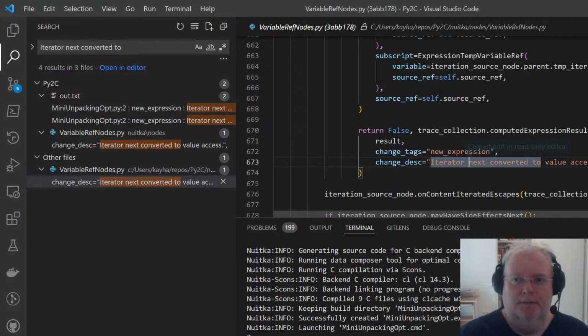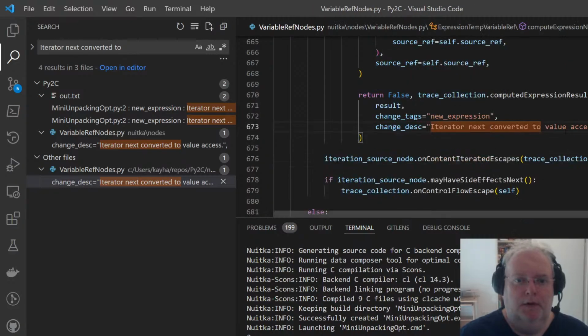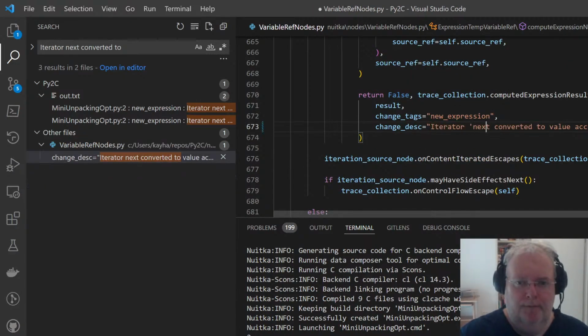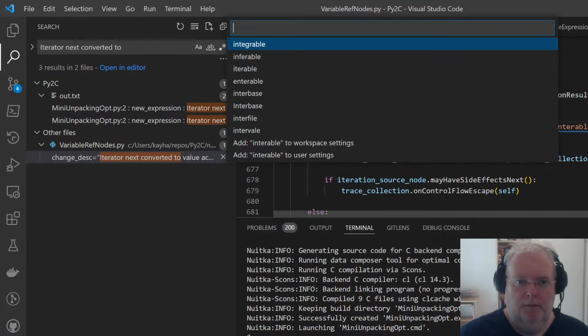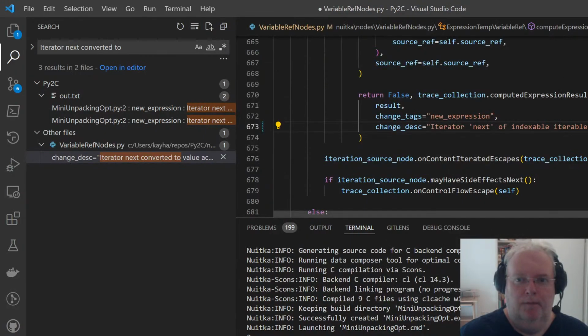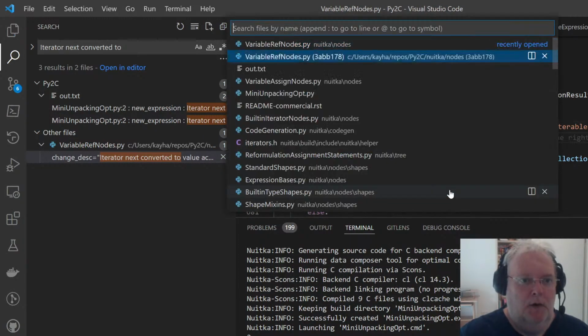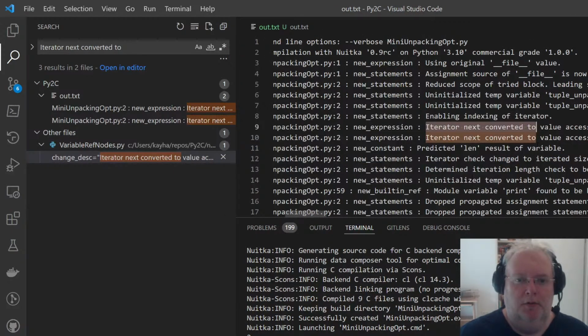Iterator next of indexable iterable converted to value access. So it's happening 2 times. The len was also immediately predicted.